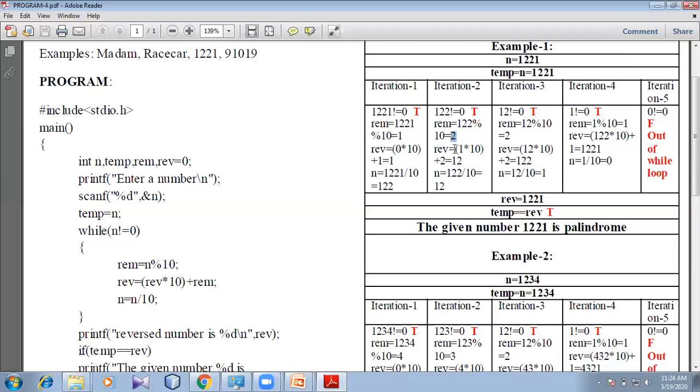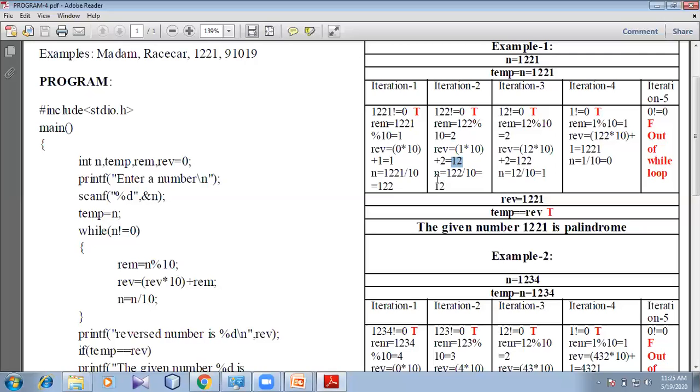The reverse is calculated as reverse into 10 plus remainder. The previous reverse value you calculated in the first iteration is 1. So it is 1 into 10 plus 2. Why 2 here? Because you have calculated the new remainder value as 2. So 1 into 10 is 10, and 10 plus 2, you got the new reverse value as 12.